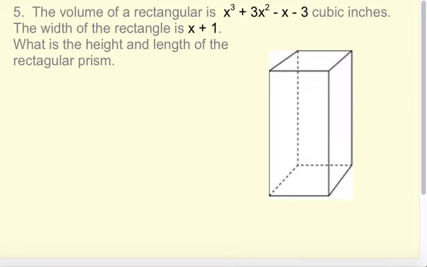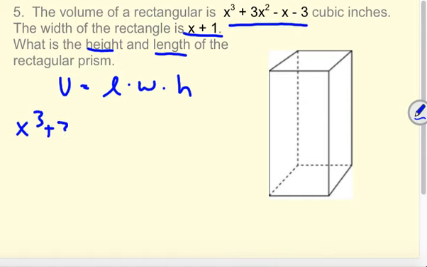Okay, the volume of a rectangle is x cubed plus 3x squared minus x minus 3. The width of the rectangle is x plus 1. They want us to find the height and the length. Okay, volume equals length times width times height. So, setting this up, our volume right here,